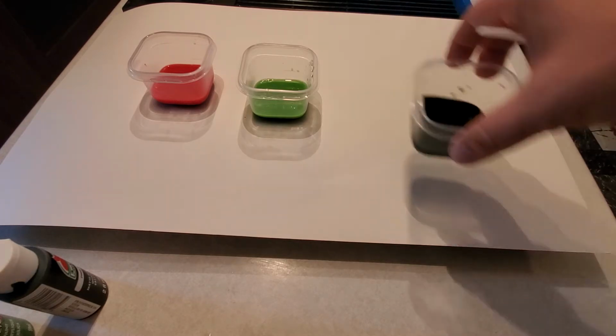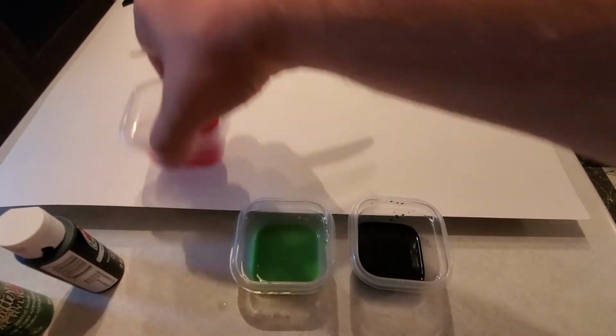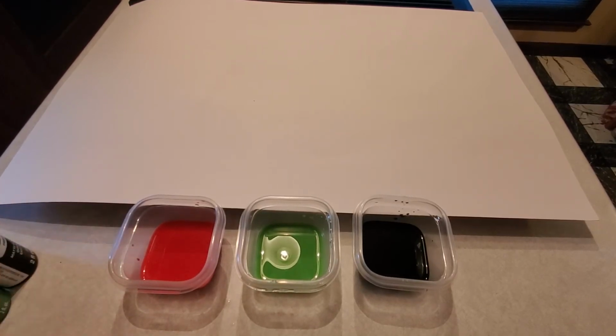So I'm going to take these. I'm going to set them right here. Okay. I'm going to keep the paint over here just in case we need to add more. Okay. Now,